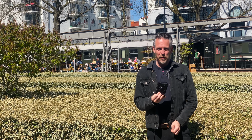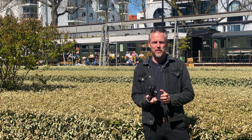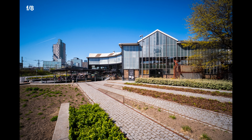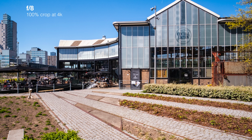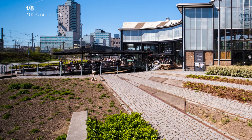Sharpness. This is a super wide lens, 10mm APS-C, and super wides always struggle a little bit with sharpness. It's really hard to make a lens that's super sharp towards the borders and corners of your frame with this wide field of view. So with this lens I found it makes sense to stop down to around 5.6 or f8, and even then if you look super critical you will see that the sharpness in the corners is not 100% the same as in the center,